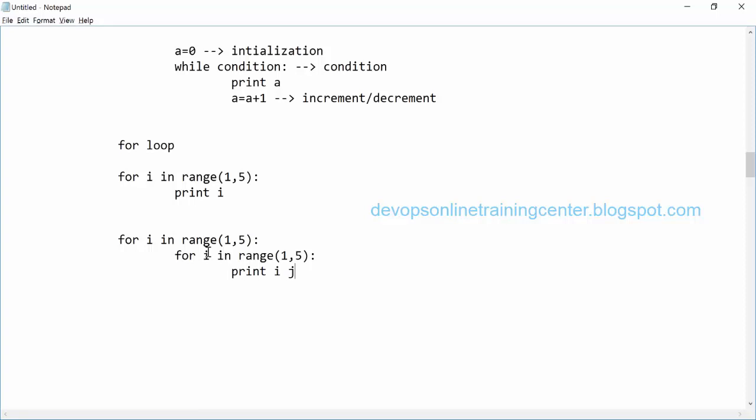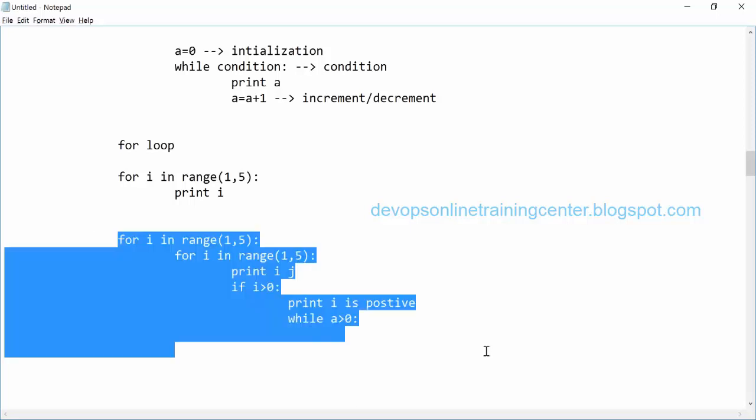Let us say there is an if statement here. Let us say if I is greater than 0, tab. Then the next statement has to start from here: 1 tab, 2 tab, 3 tab, 4 tab. Right? And let us say print something. And if you are writing something else here, a while loop, while A is greater than 0, again this block has to start here. So this indentation we need to follow while writing the loops. Is this clear?